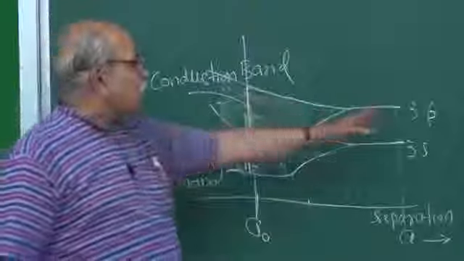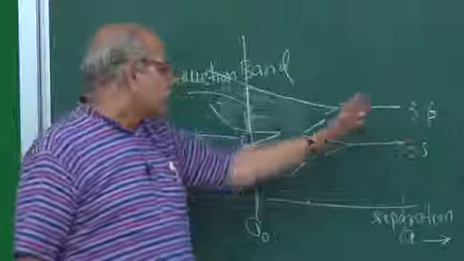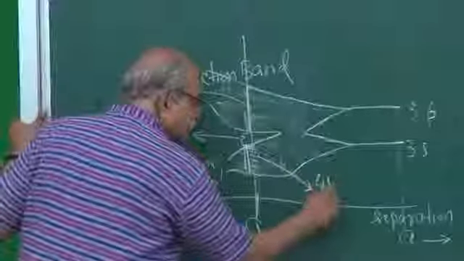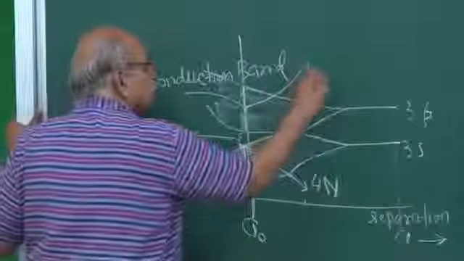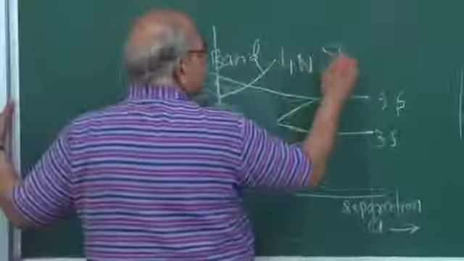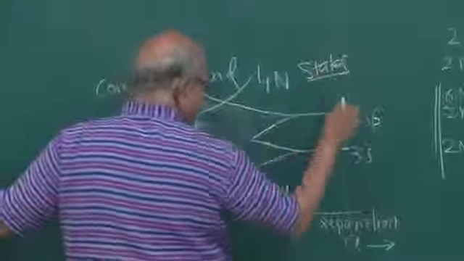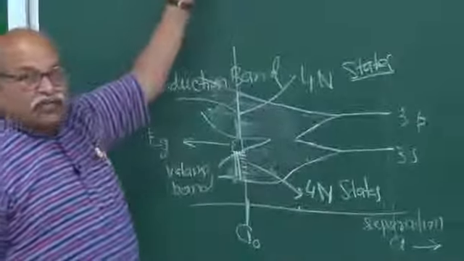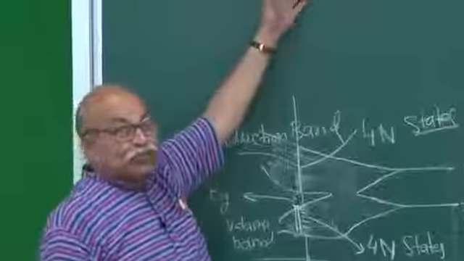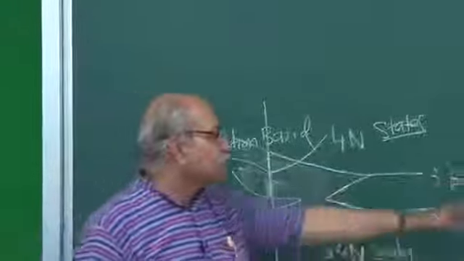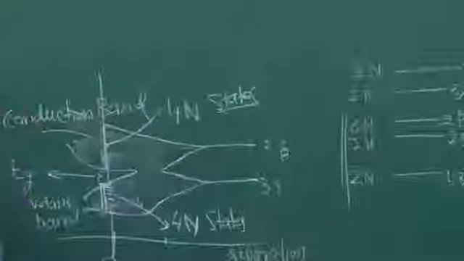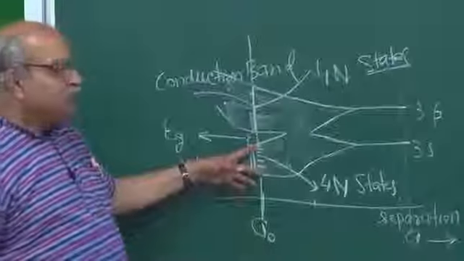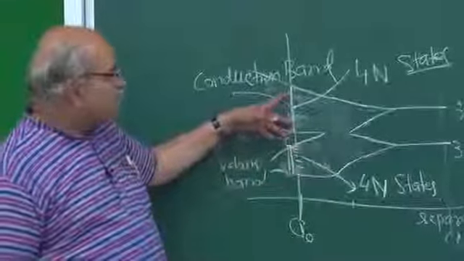And remember, the total is 8n states, and here also the total is 8n states. In the valence band you have 4n states, and in the conduction band also you have 4n states. These are states, quantum states, not the electrons. Electrons, you only have 4n electrons. S2p2 we started with, so 2n plus 2n, 4n electrons. So in the lowest energy, the ground state, these 4n states will be filled and these 4n states will be empty.